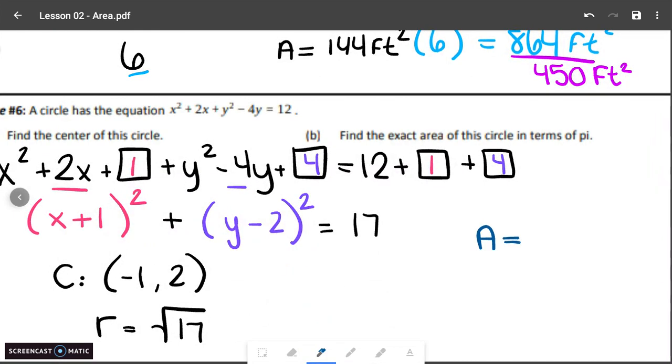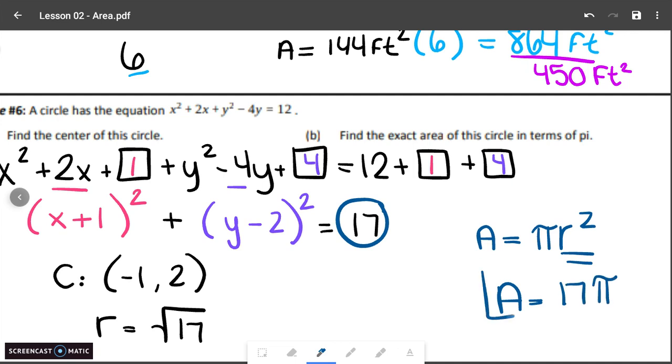But if I want the exact area of the circle, pi r squared, remember 17 is r squared. So area is just 17 pi. And in exact, we leave it in terms of pi. And that would be